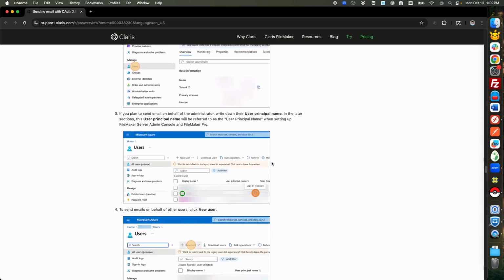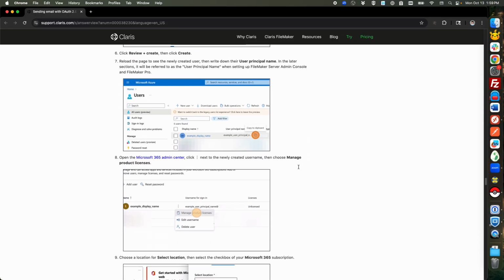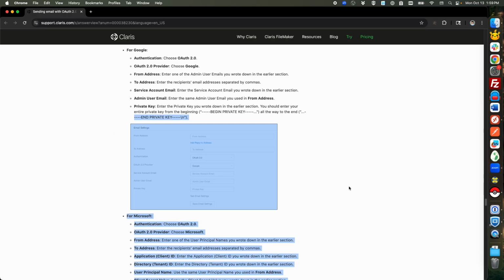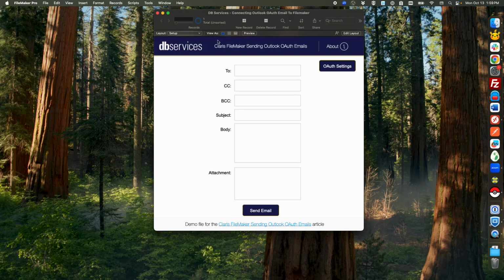And then once you have all that, you can assign a principal name if you want to set up sending on behalf of other users, or other users sending on behalf of a more generic email, like a no reply or something like that. And once you're done with that, you then just need to paste the credentials into your